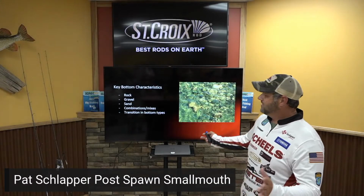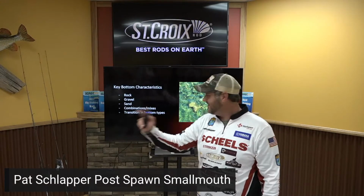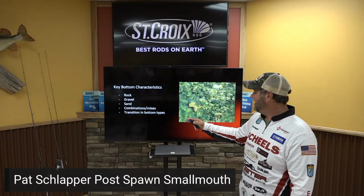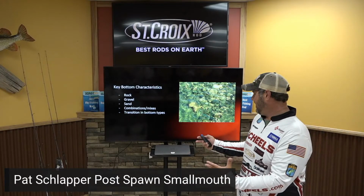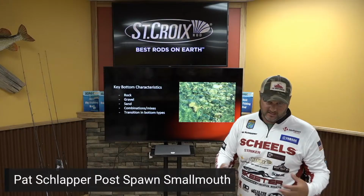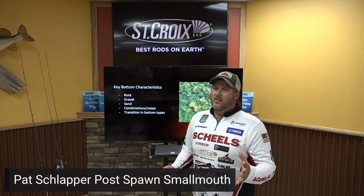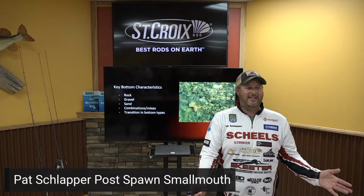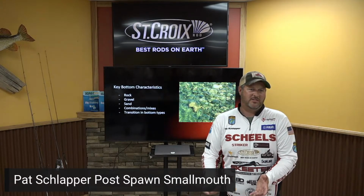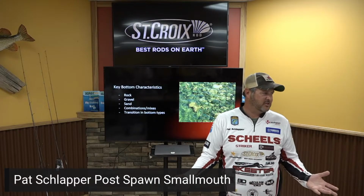Key bottom characteristics. A lot of people probably know this, but I just want to touch on it. Rock, gravel, sand, and combinations and mixes of those different types of bottom composition is a big, big deal. That's what this next section is going to be about, because if you go to a lake you don't know, you might go to the first 3 flats and it's all mud, or it's all just tons of bad grass,